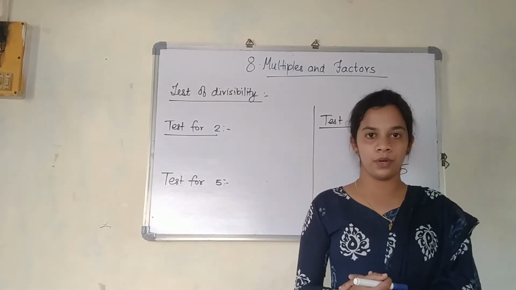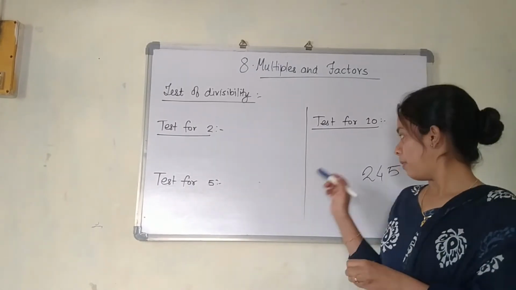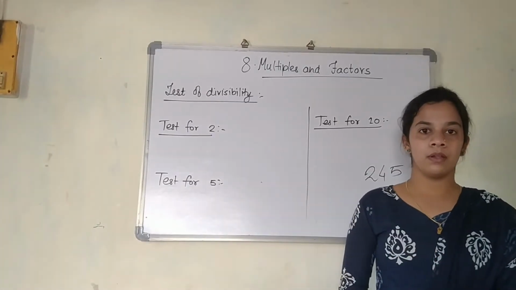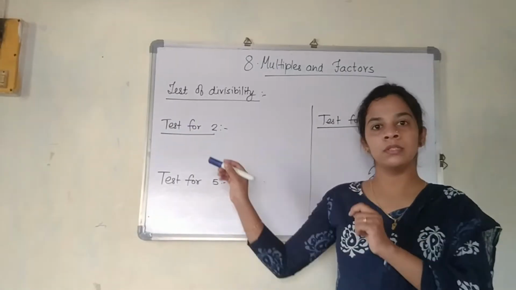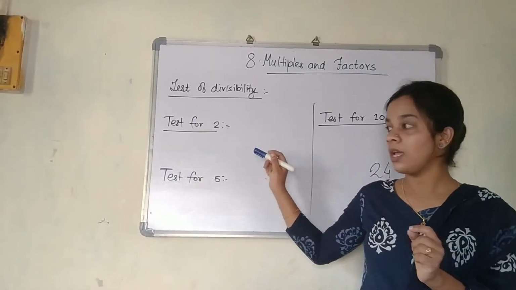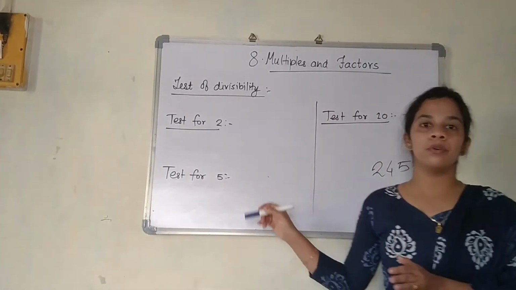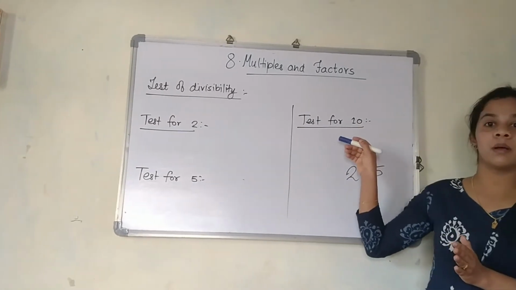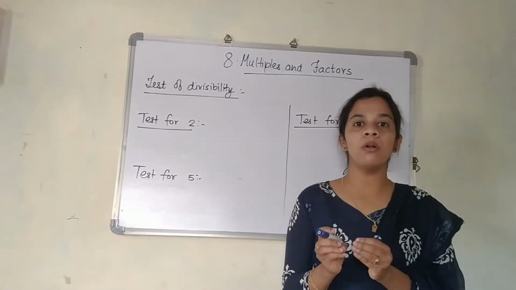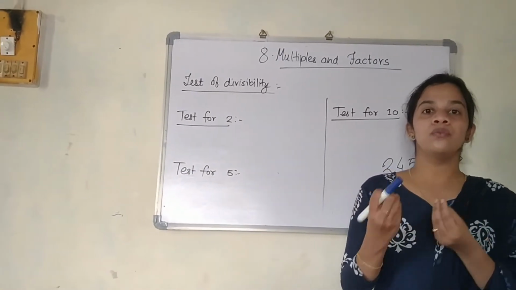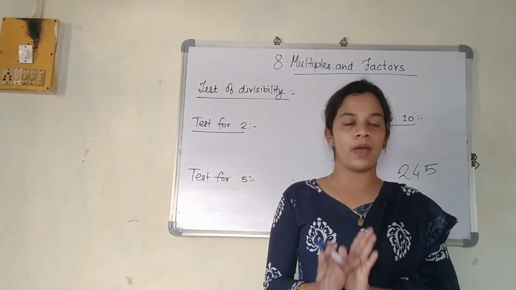What actually we are going to do, there are some tricks to understand that a particular number is coming in which table. Now if you want to see if any number is coming in 2's table, this is the test for it. If you want to see if that particular number is coming in 5's table or not, you have the trick. If you want to see if the particular number is coming in 10's table or not, you have this trick. So these are the small tricks which are useful for you to find out the factors. This is the only basic motto to find out the factors of it.